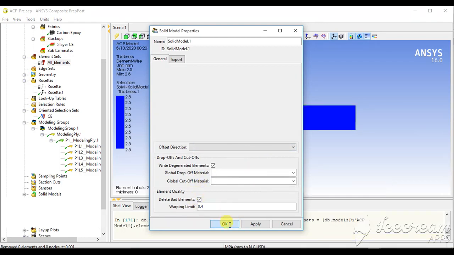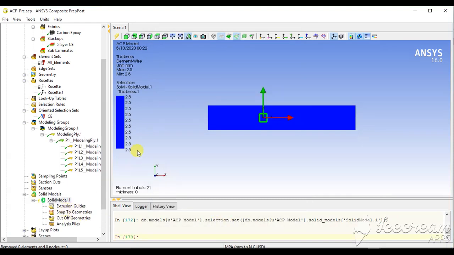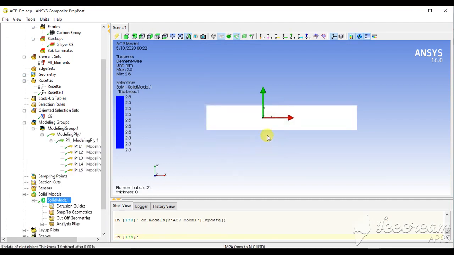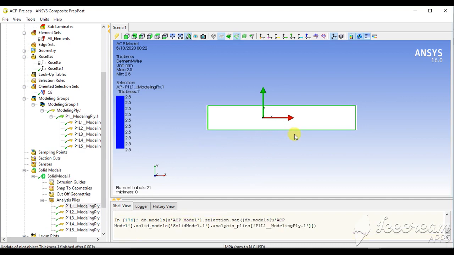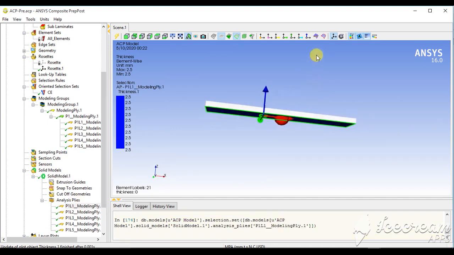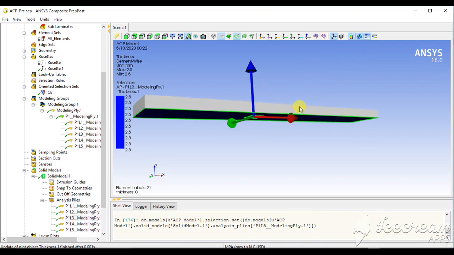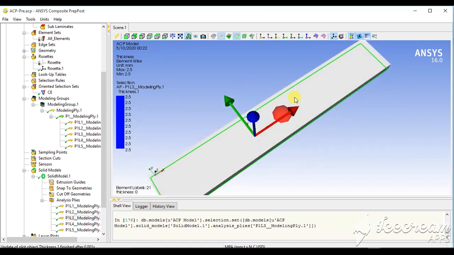You can select OK. These are all for learning purposes. You can select other update. Now a solid model has been generated.